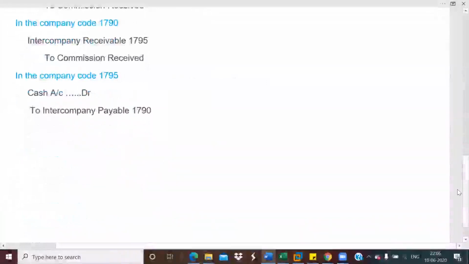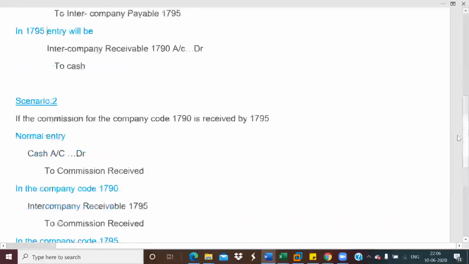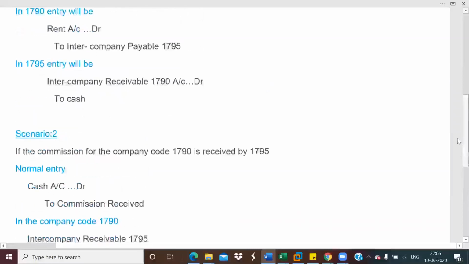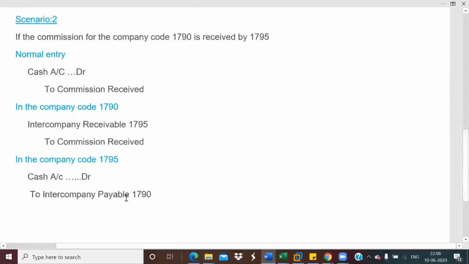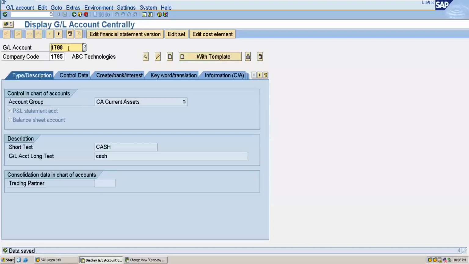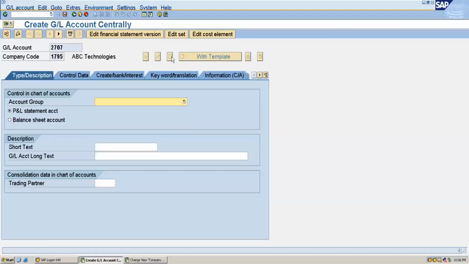So cash account we have already created here for in the 1795. So here we will create the intercompany payable. Okay. So I will create as 2707. Okay, create, and then the account group is current liability, short text, intercompany payable 1790. Okay,